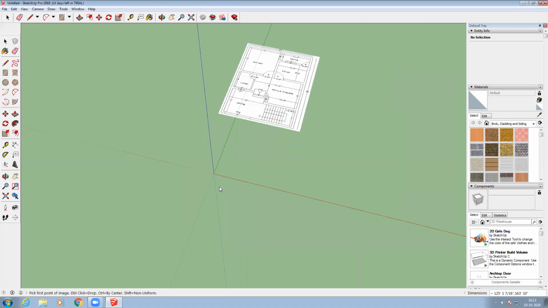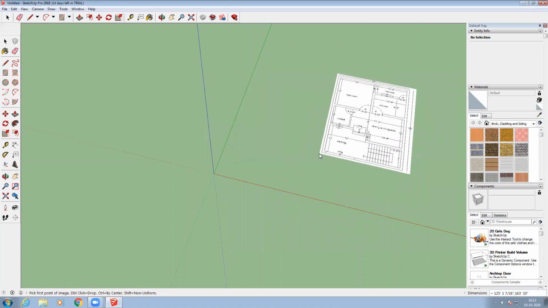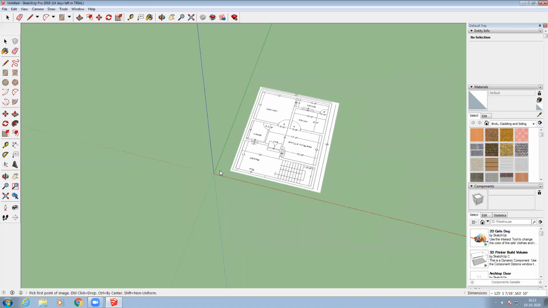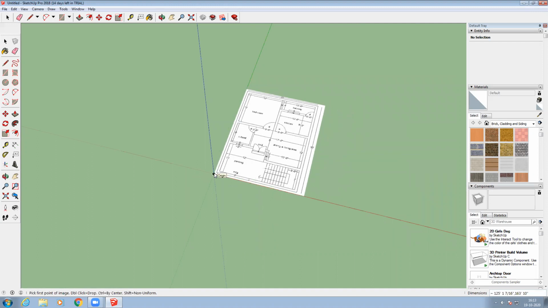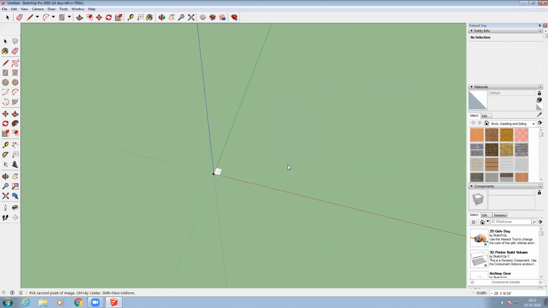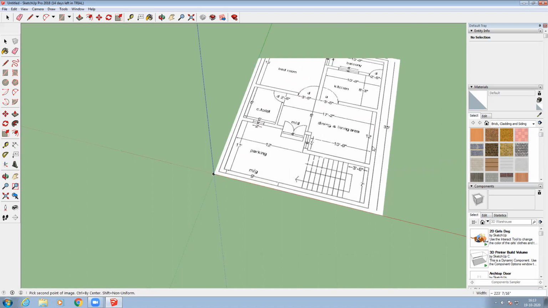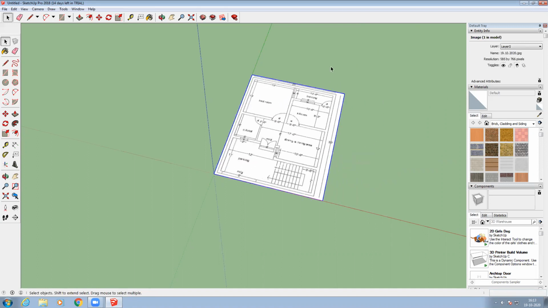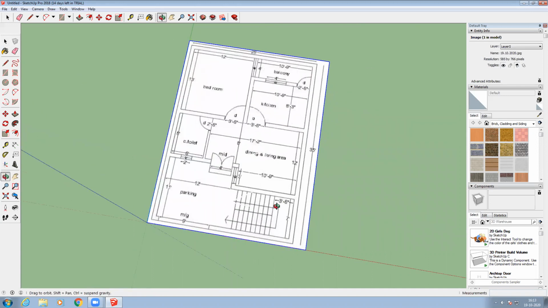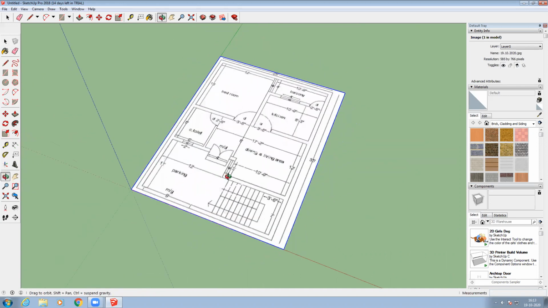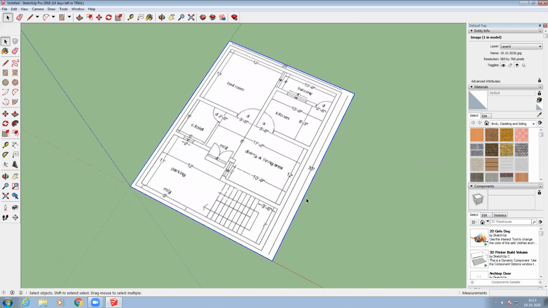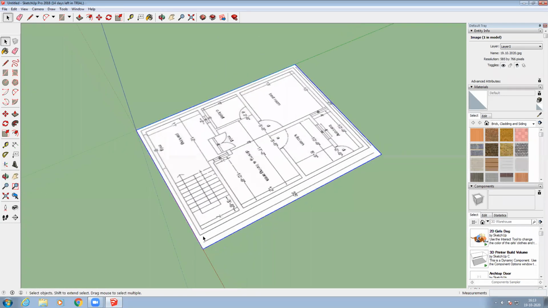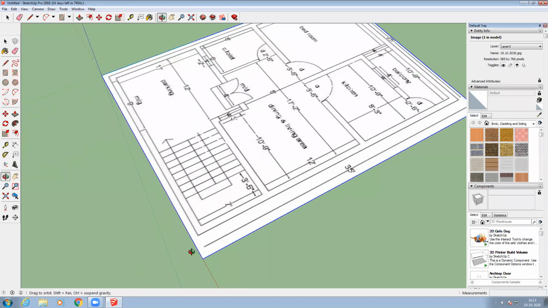So I'm going to take this image, import. So you can see along with my mouse the plan is moving, right? I just want to take it to an origin, and then click, and again it will ask for the length also. Just drag it somewhere, you can click like this, right? Now I want to change the dimension of this. For example, here 35 feet is there. I don't know exactly whether this is 35 feet or not, right?